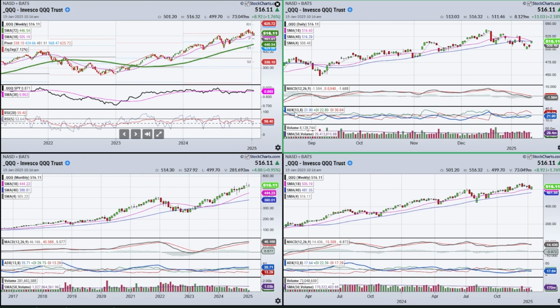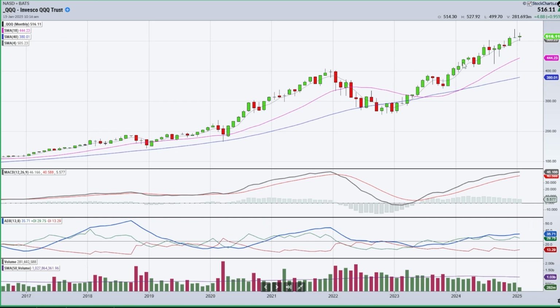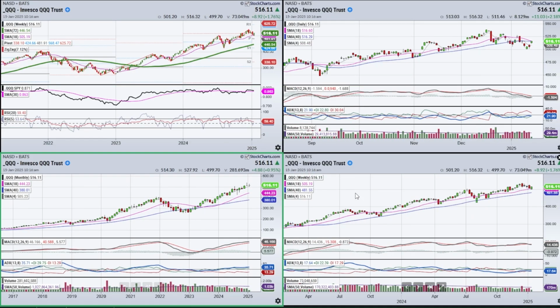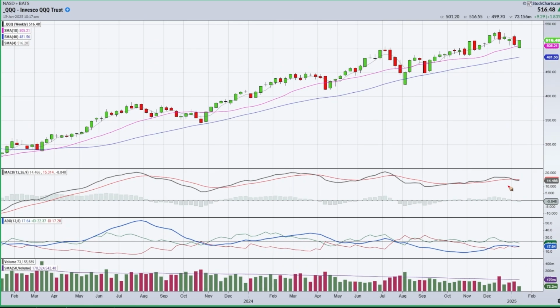All right, let's look at the QQQ because we've got sort of an interesting development taking place with the market up so much right now. We're still in this sort of extended region where we've been pretty far away from the 18-month for quite some time. But we've got decent momentum conditions when we look at the longer time frame. This doesn't look like the type of pattern that's just going to fall apart to me, but we have to be on the lookout for signs of a reversal to the downside because we don't have any real strength in